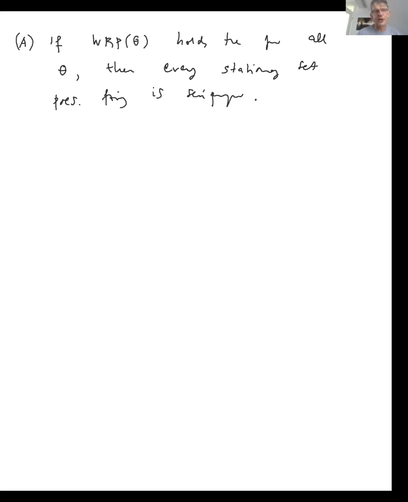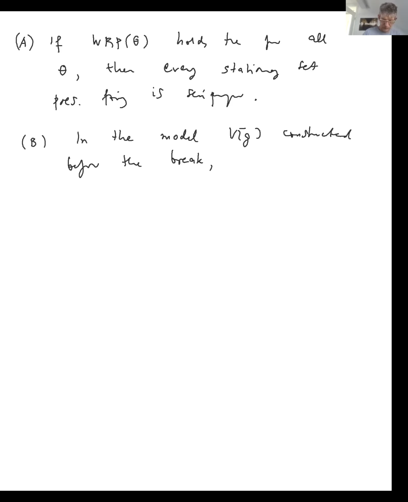So this reflection principle is the natural reflection principle which allows you to prove that every stationary set preserving forcing is actually semi-proper. And then from that, or rather, we will verify in the model V of G constructed before the break, that this weak reflection principle at theta holds true for all theta. And the consequence of this is,